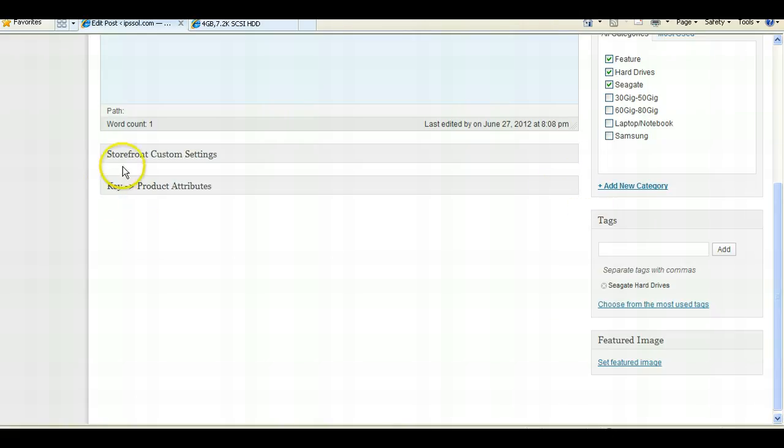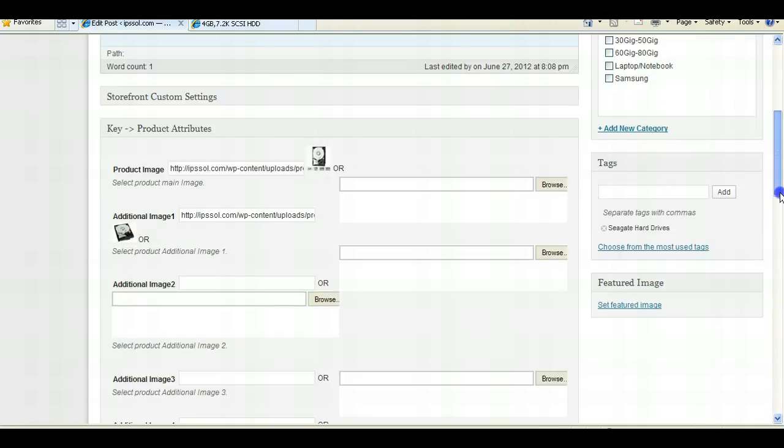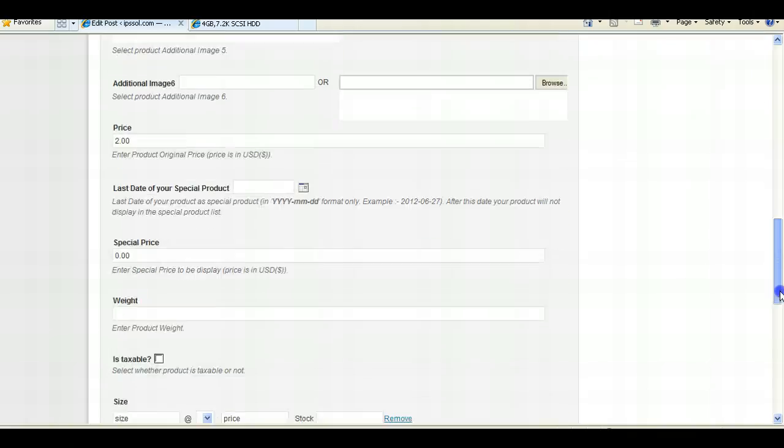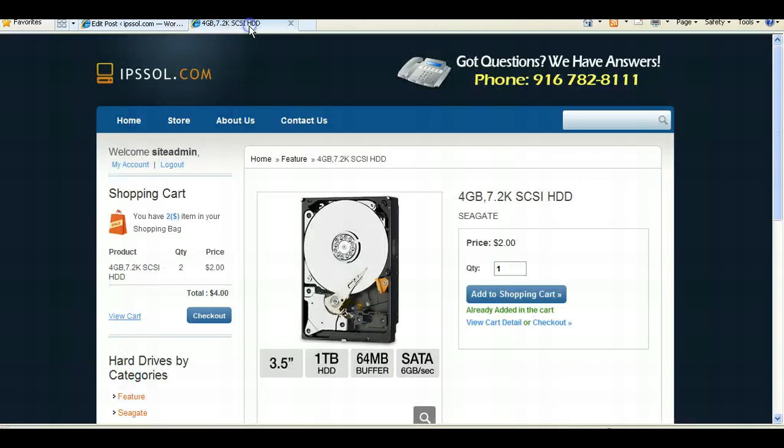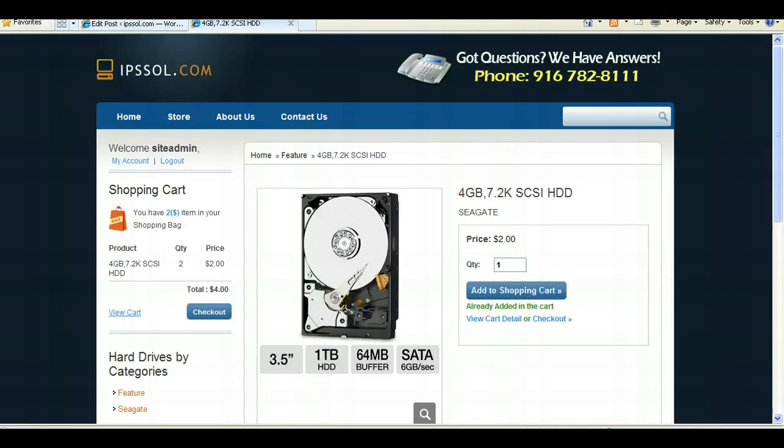If you see that these areas here are closed and you don't see the options, just click the arrow next to product attributes and you'll see the additions I've made to the back end to allow you to use this to manage your store. So these are the pictures. This is where you upload pictures for your product. As you can see, I've already uploaded a couple pictures, such as the main one here